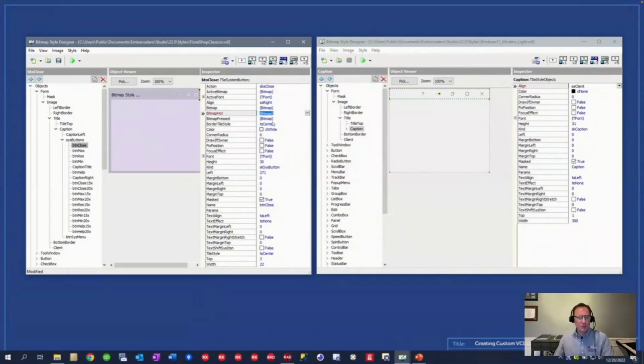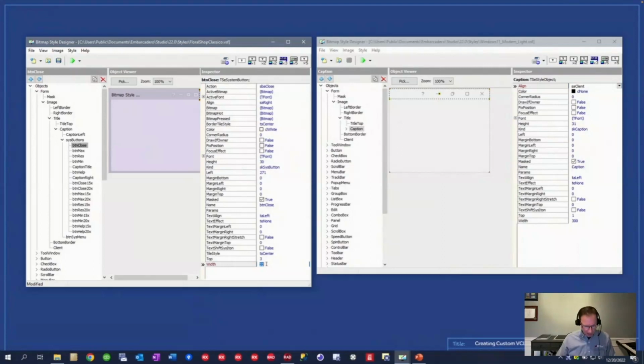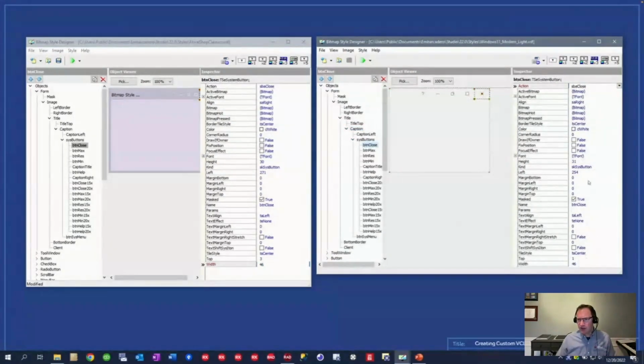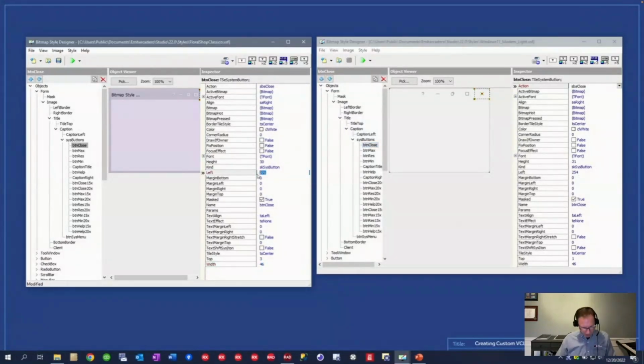But I don't care about the image. The image is fine for what I want. I'm really concerned about the size. So for this particular change, I want the buttons to be 46 wide. So if I go to this side, I can see it's 46, and then the left is 254. And so I want to do the same thing. So for this image, I'm going to make it 254, and we can see